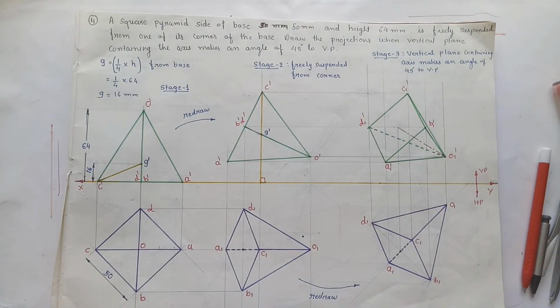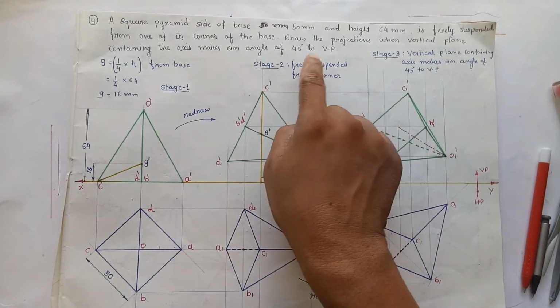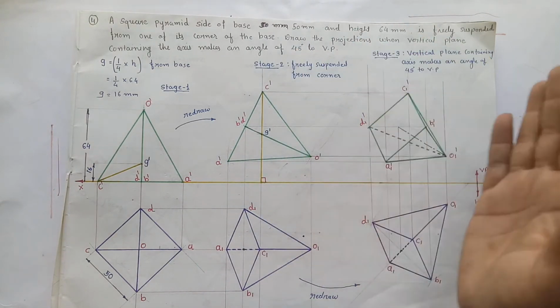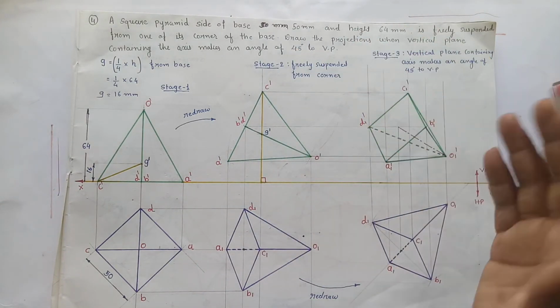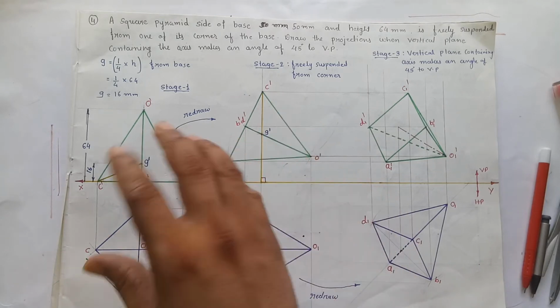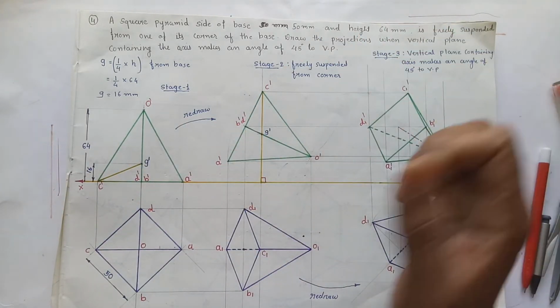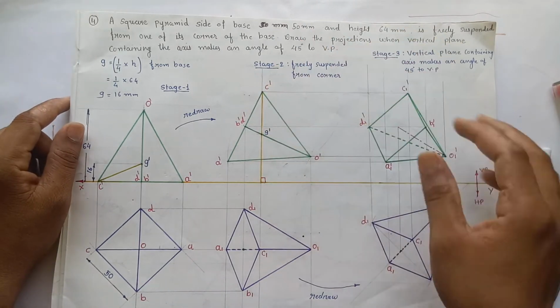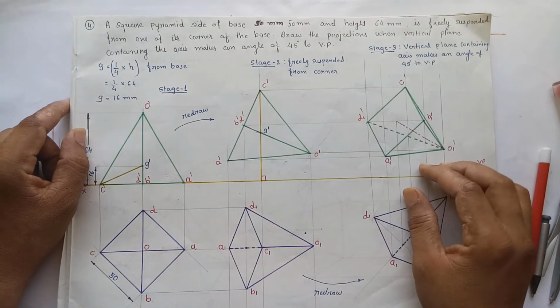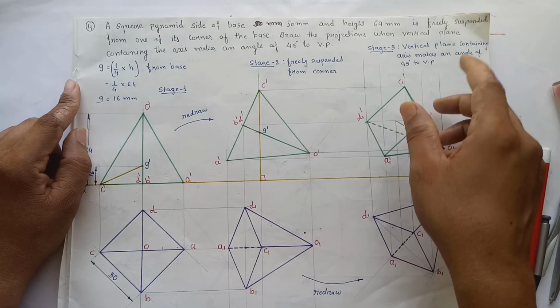So now here again you cannot find how to draw the first stage, how to draw the second stage, because the angle with the horizontal plane is also not given. For the last stage the angle with VP is given, so we will discuss it in the last stage. But right now to draw the first stage and second stage, we don't have any straightforward statement. So let us try to draw the first stage